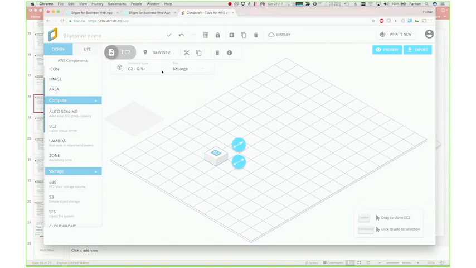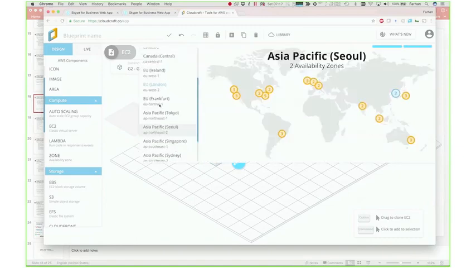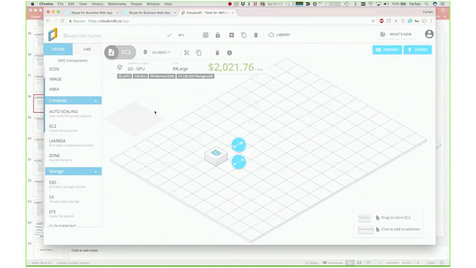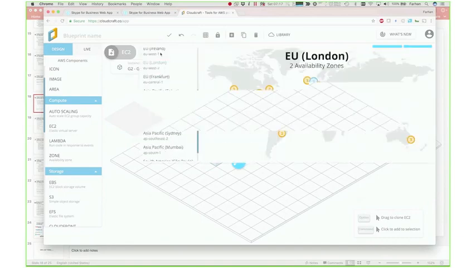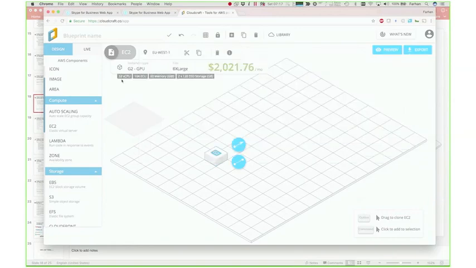Some of the pricing will not be shown if the instance is not available in that region. For example, a G2 instance is available in EU West, but it is not available in London, so the pricing will not be shown. So you see that it is 32 vCPU, 140 ECU, 60 memory, and this is the